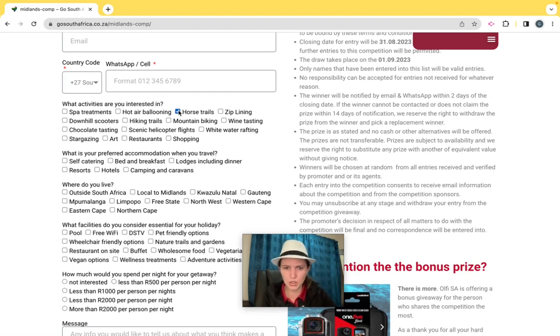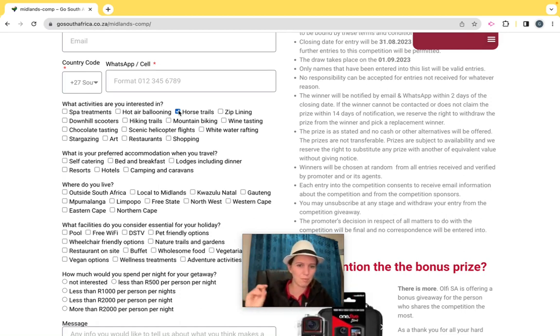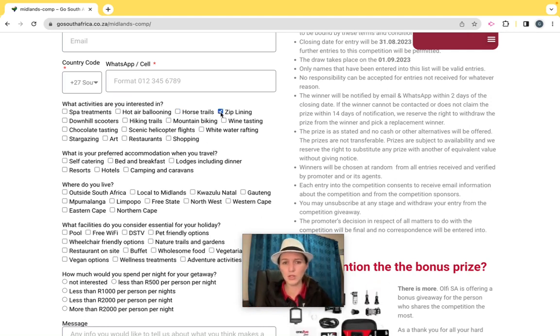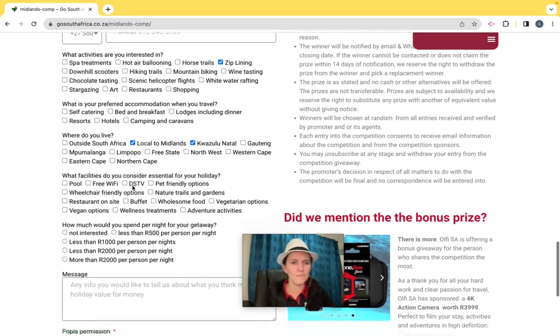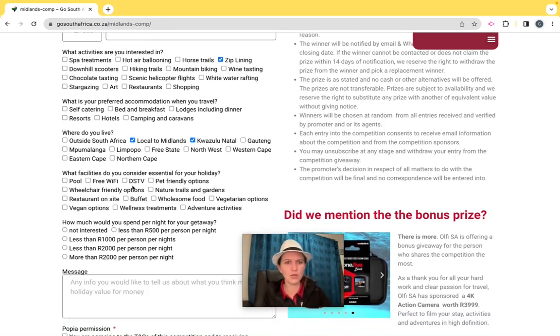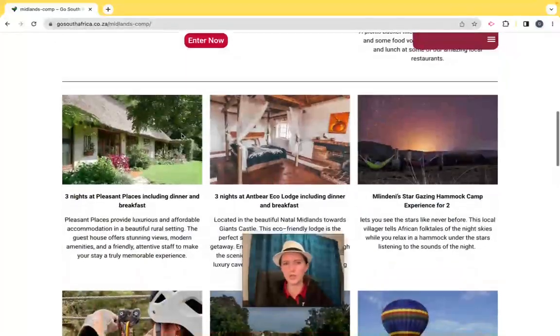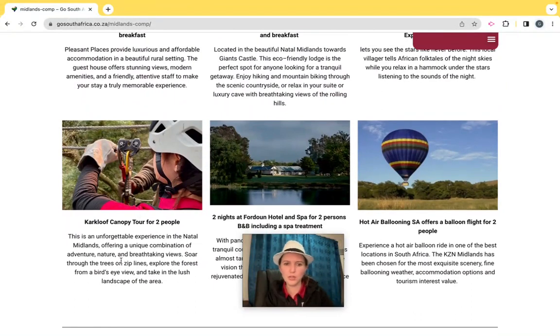If they say that they're interested in horse trails, we can send them an automated email specifically because they've ticked that box. People that aren't interested in horse trails aren't interested in horse trails. Don't send them a cool discount to a horse trailing place. Do you know what I mean? People that are interested in ziplining from a particular area or that are locals to a particular area, let's give them a little sweetener of the deal. So I can segment this and say, okay, cool, I've got a good relationship with Carcliffe Canopy Tours. So if anybody uses My Midlands as a discount code, they'll get 10% off.